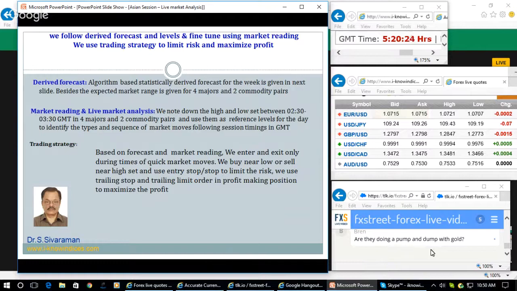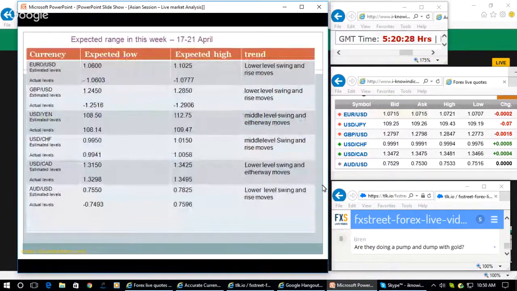So are they doing a pump and dump move in the case of gold? Yes, they will pump up very quickly, and then after gaining to the extreme level, they will dump it. You would have noticed last week how they gained quickly in the case of GBP towards the late European session, a quick upward spike to 1.29, and in a fraction of a second, they dumped a huge position and it came down to 1.2822. That is how they do it, using a specific type of order in the market.